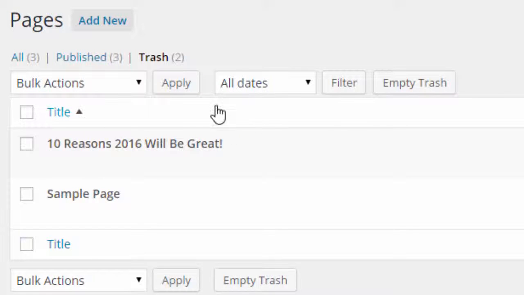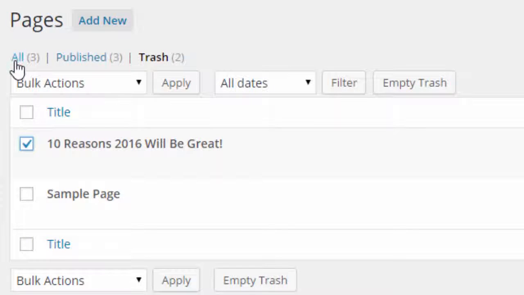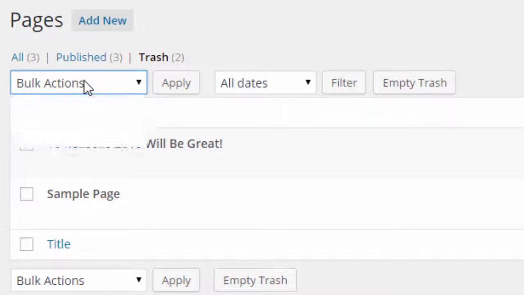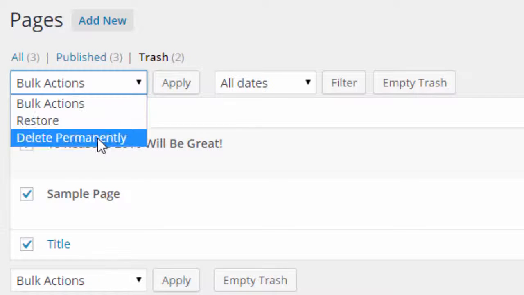As mentioned, you want to clear this out from time to time unless you really think you may need to restore a page. So if you restore it, you just check it and click restore, and it moves from trash back to all. And bulk actions, pretty self-explanatory. You can do multiple selections. If you click here, it selects them all, or you can just select them individually until you have as many selected as you choose. And then you can choose restore all or